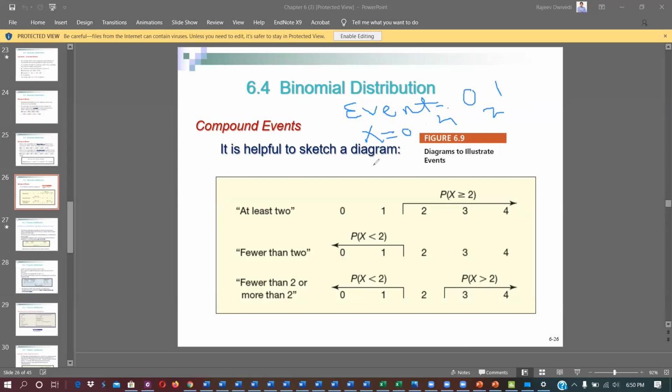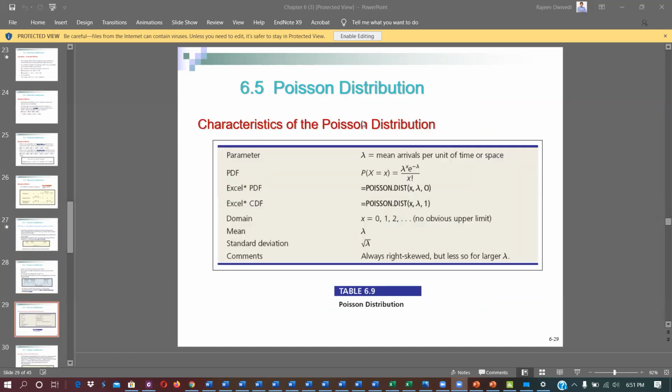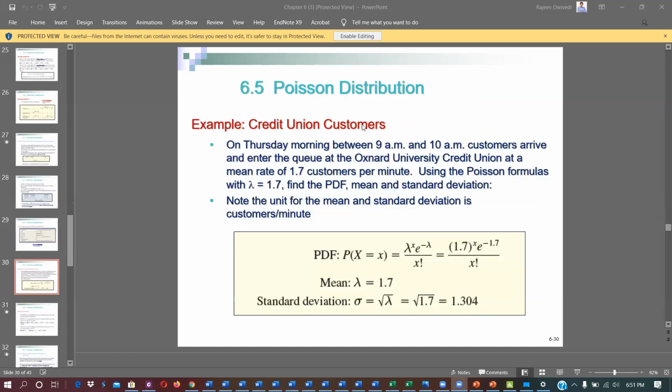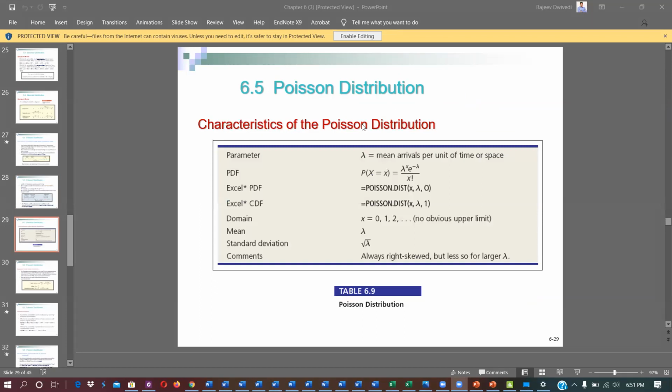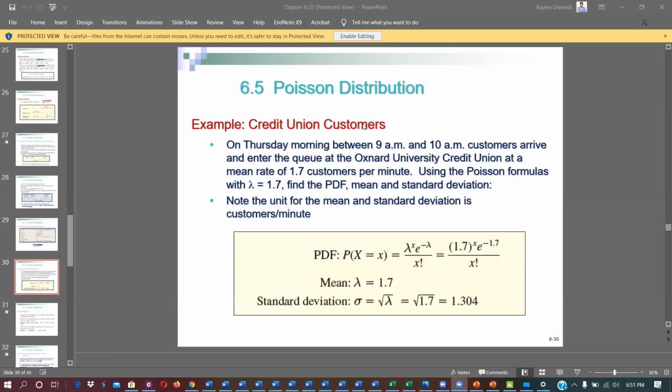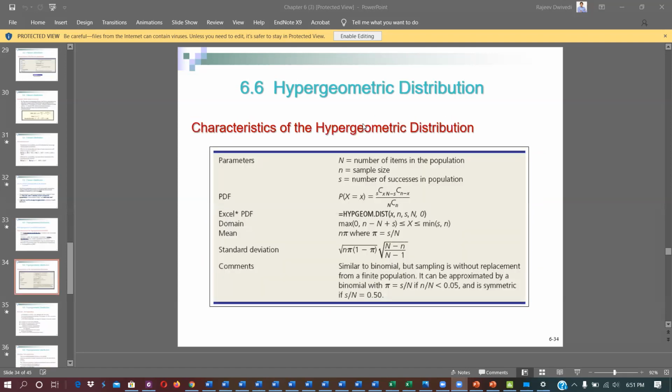When you are going to check compound event, means, when you are going to check more than or less than, then you are going to use CDF. In case of greater than or less than, in such cases, we are going to use CDF. So this is the learning. After this, if you have any issue, you can just stop me. And also you remember, when do we use Poisson distribution? When do we use binomial distribution? Now here we have the hypergeometric distribution.